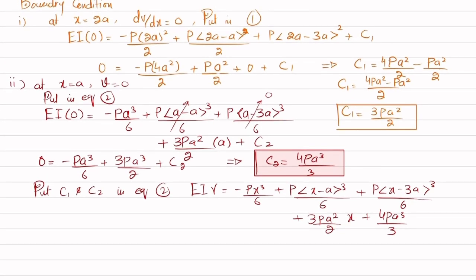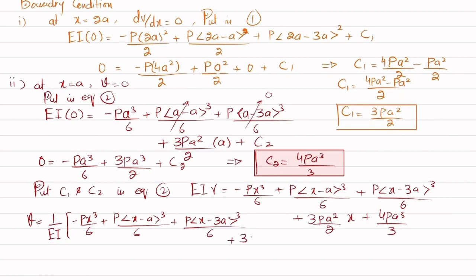And if you further simplify it, you can divide it by EI on both sides. So you will get V will be equal to 1 over EI into minus px cube over 6 plus p into x minus a whole cube divided by 6 plus 3 into p into x minus 3a whole cube over 6 plus 3pa square over 2 into x plus 4pa cube over 3. And if you take